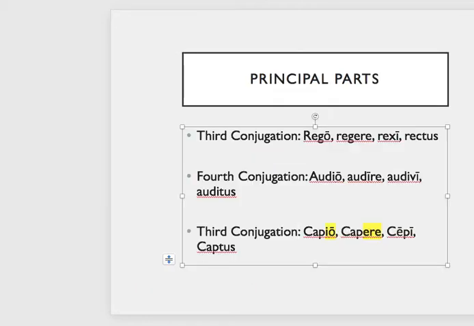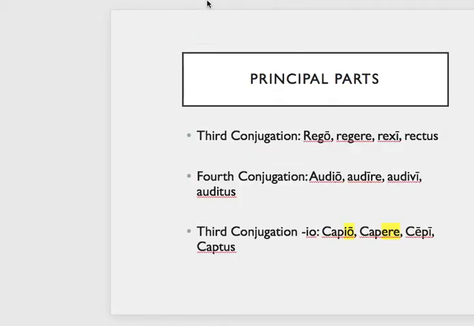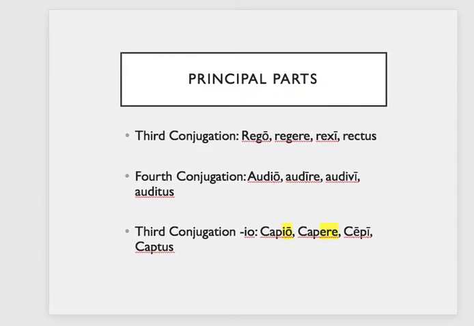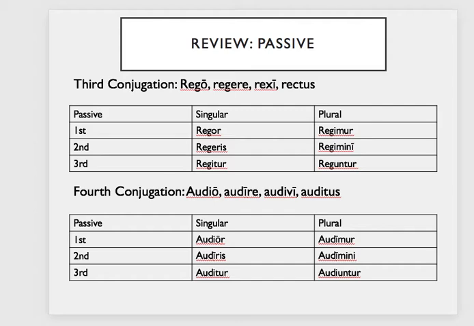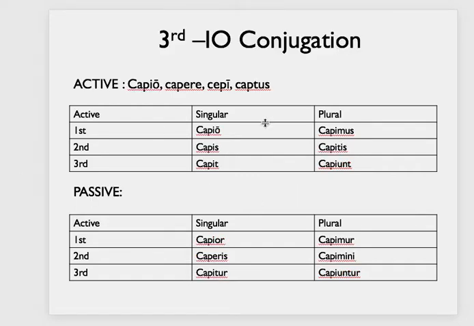At some point you're going to ask me, I thought this was about the third IO conjugation, and we're about to dive into that now, okay? So we recalled the differences between the third conjugation and the fourth conjugation. Now let's look at the third IO. Looking at these forms, try and highlight which forms look like the third conjugation. Or better yet, let's say which of these forms look like the fourth conjugation, right? Because we call it third IO, so it's third conjugation, but some of these forms are actually going to look like the fourth. So take a moment, pause the video when you're ready,